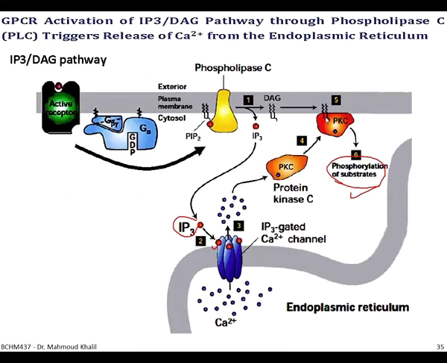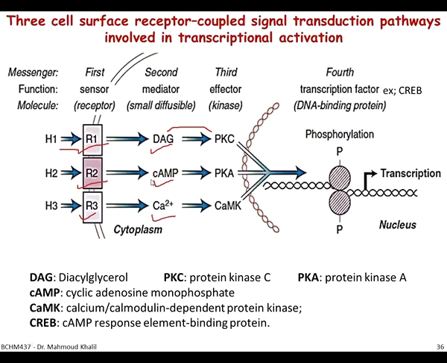Together with calcium, it activated PKC to do the further function. So here as well, another example: cyclic AMP will activate another enzyme, which is called PKA, while the calcium can activate another kinase, which is called calmodulin kinase, CaMK. Anyway, after the activation of this third effector, which is usually a kinase,